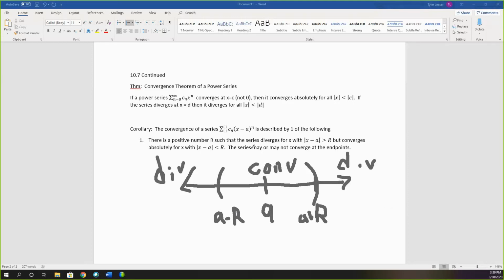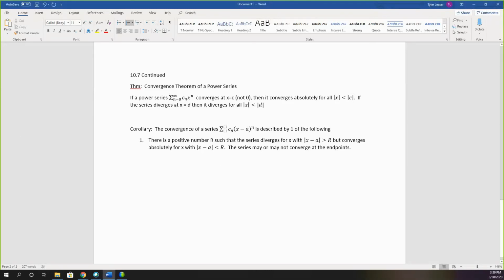So the first possibility for one of our series is that we get this interval of convergence, where I go up R and down R from the center. Okay, so I can just go away. Great. The second thing,